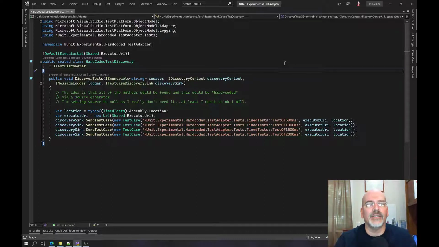So again, this idea is to take a test adapter and have it run where everything is source generated. Now I want to be really clear. All the work that I'm doing, I'm not actually testing or comparing against any of the test runners that currently exist. There's an official one for each of the test frameworks, for MSTest, for NUnit, and for xUnit. And I think Fixie has one as well. You can write your own, but as I'm going to be talking about, that's a tall endeavor because you have to actually,